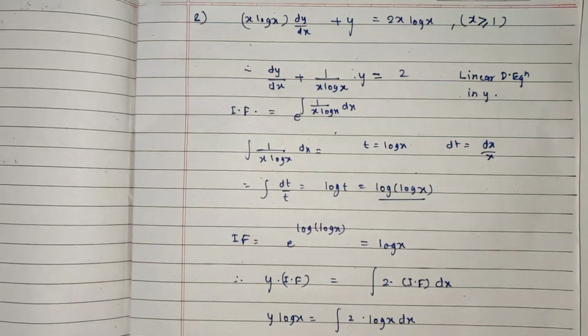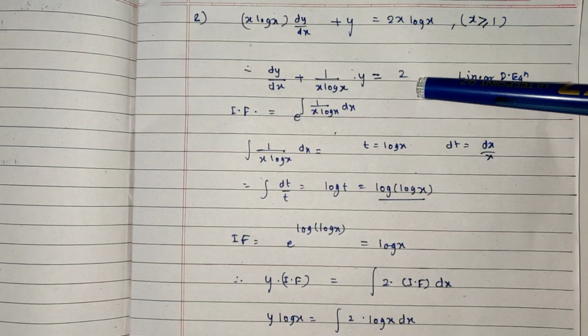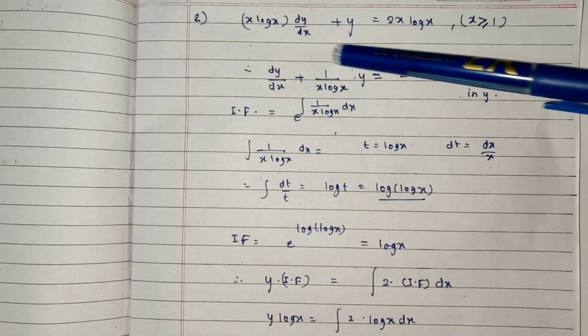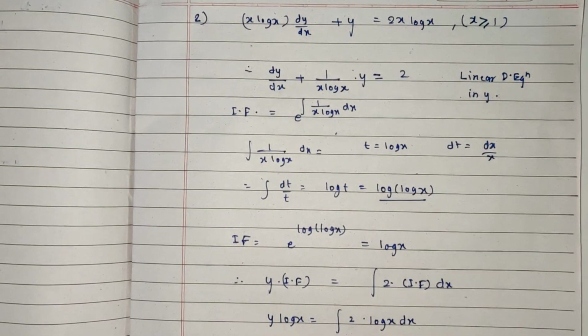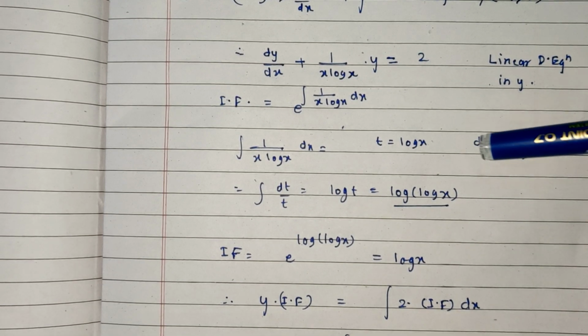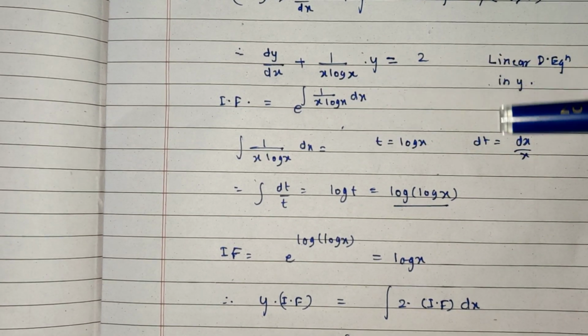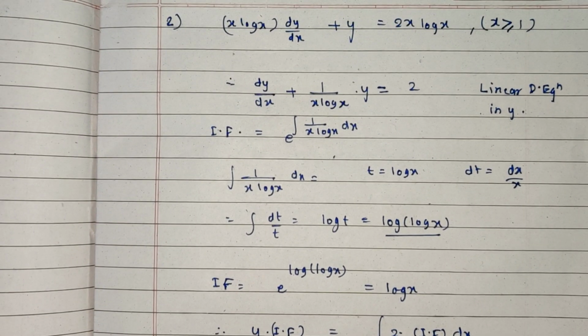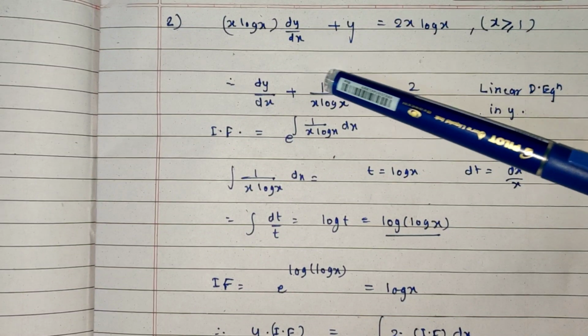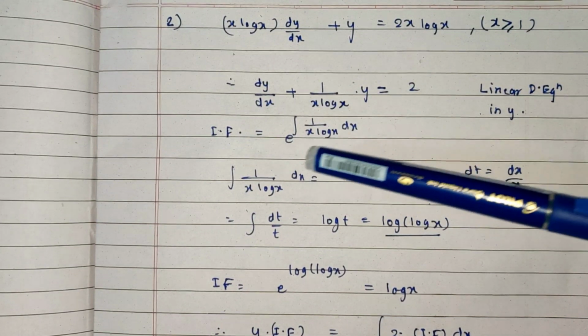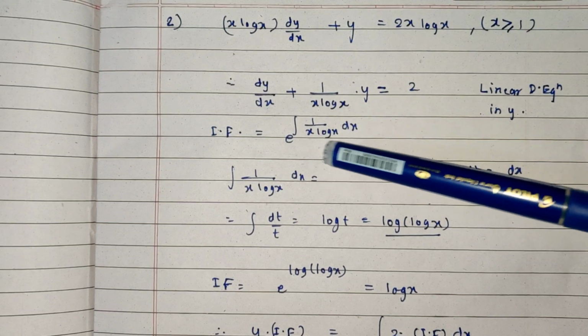that is to be find। So first of all we put the differential equation in proper linear differential equation form, so for that we divide by x log x and it is dy by dx plus 1/(x log x) y and is equal to 2, x log x is getting cancelled, तो ये linear differential equation in y है। So first of all you get integrating factor, so P is this, integrating factor is e raised to power integral P dx, so this is integrating factor।